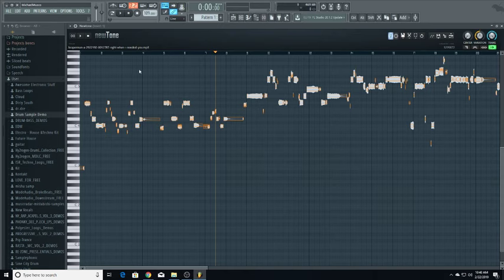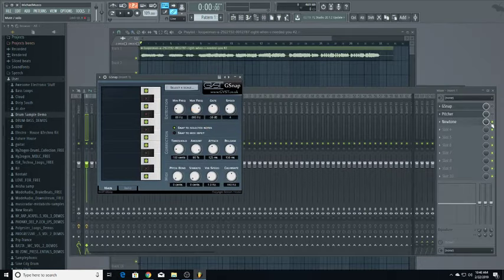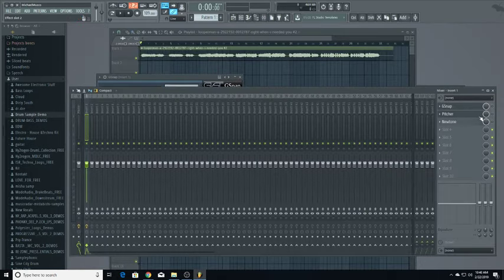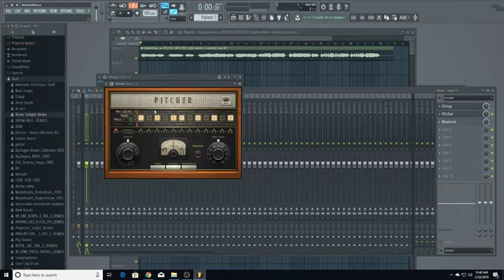And yeah, Newton works pretty cool for slicing vocals, because now you can chop these up and do whatever. Another way to pitch correct these vocals is with a native plugin for FL Studio called Pitcher. And kind of how this works, you can set the key and then